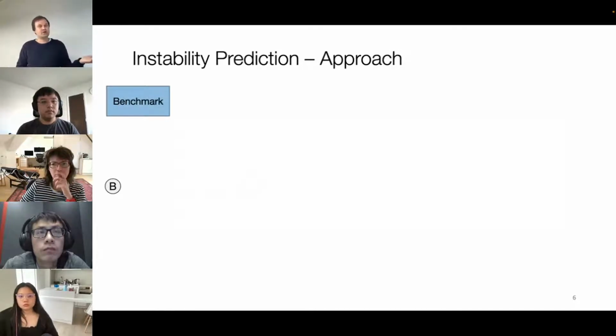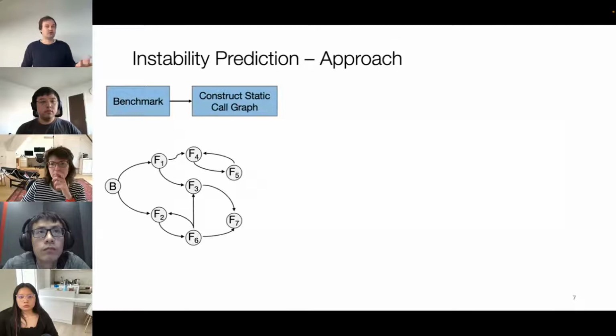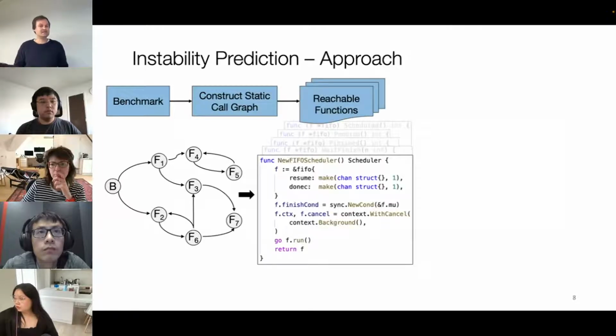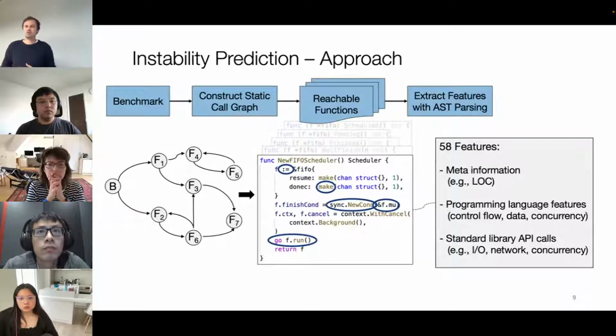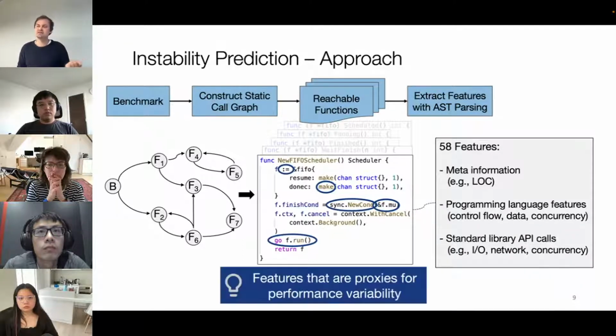Imagine we have a benchmark from which we construct a static call graph, which gives us then a set of reachable functions. And with AST parsing, we extract different features from the source code of each of these reachable functions and the benchmark itself. In total, we extract 58 different features related to meta information, programming language features, and standard library API calls. The main idea here is that we extract features that can serve as a good proxy for performance variability. And this is all inspired by previous